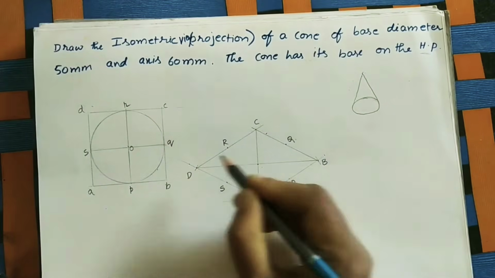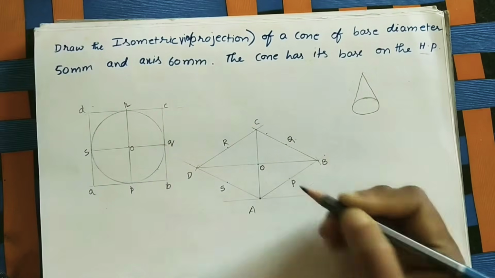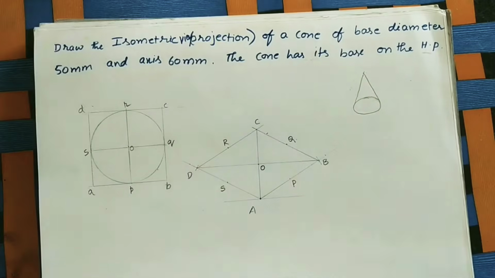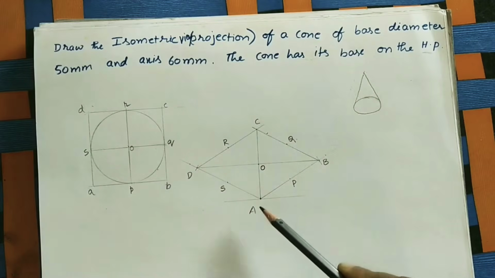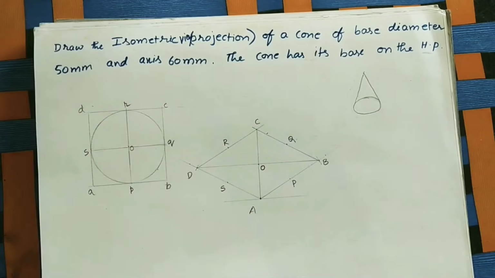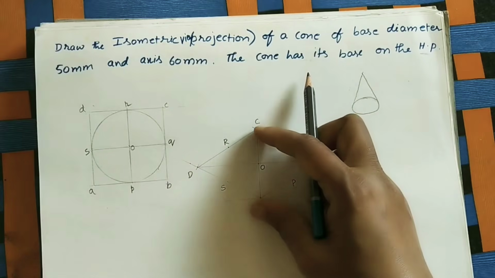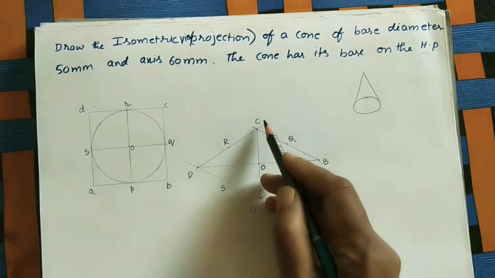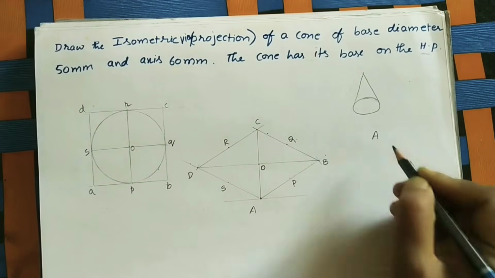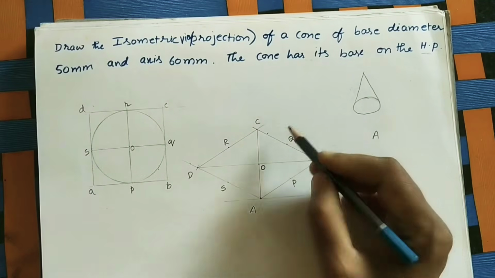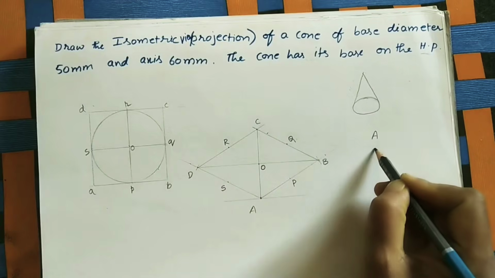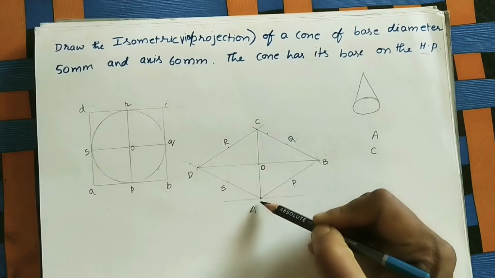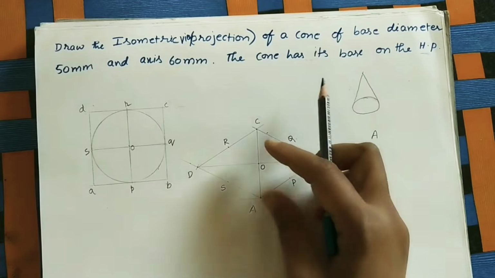This is the center of this circle. Here in this case we got two diagonals, diagonal DB, diagonal AC. Which length is less? As we know, by seeing it, this diagonal length is less. Whatever diagonal is less, take those two corners. These are the centers, A and C. For explaining, I am writing here, no need to write in the sheet. A is one of the centers, C is one of the centers, because we are following the 4 center method for doing the ellipse here. Two centers are the two ends of the shorter diagonal.